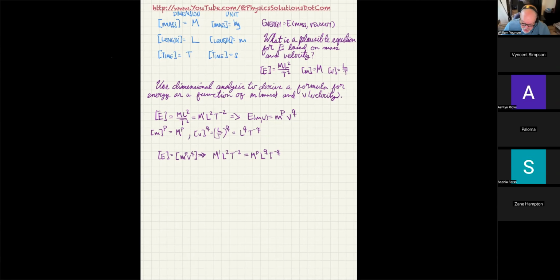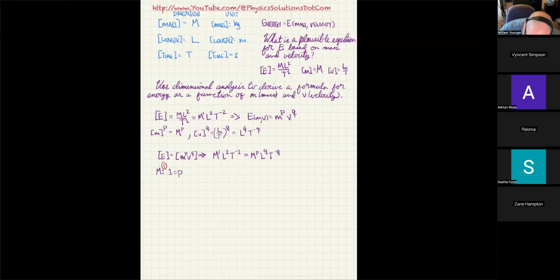Okay, now my job is to just figure out what P is. Well, M only appears once on the left-hand side and only appears once on the right-hand side. And on the right-hand side, the M has an exponent of P. So from looking at the M variable, we have that 1 is equal to P. I'm going to call that equation 1, and this is such a simple example I won't even need to label the equations. I'm just doing that to get in the habit of it for you guys.